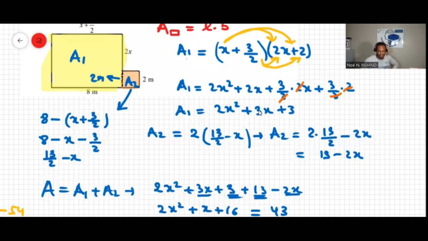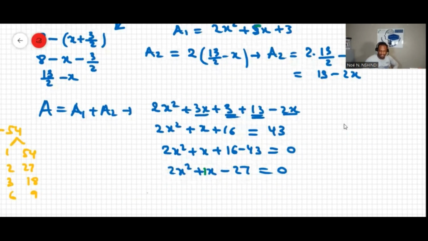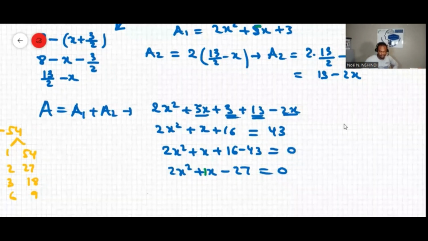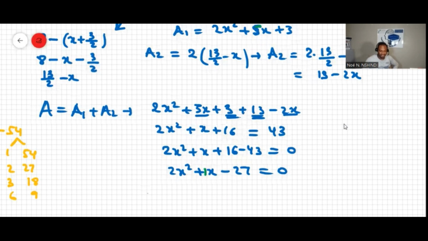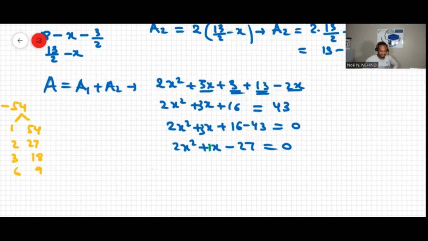So that was 5x, and then 5x minus 2x makes 3x. Yes, it's 3x here, correct. So now we're looking for a couple that can make a sum equal to 3, and it's possible